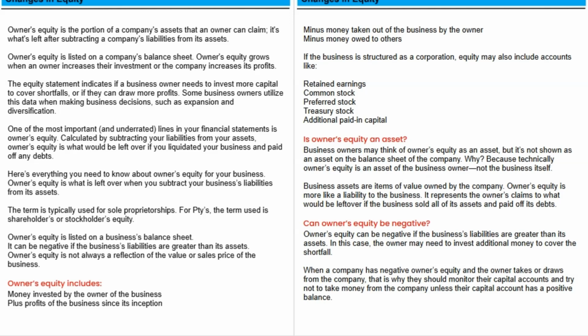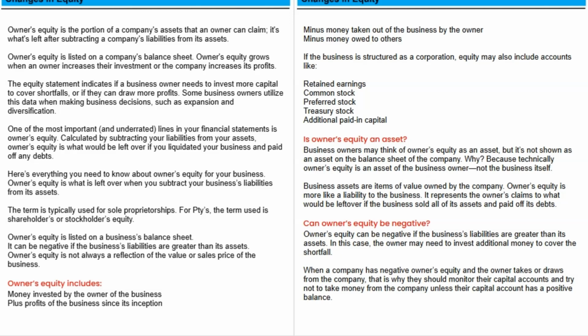The term is typically used for sole proprietorships. For a company, the term used is shareholders' or stockholders' equity. Now remember, it can be negative if the business's liabilities are greater than its assets. A point to take note of is owner's equity is not always a reflection of the value or sales price